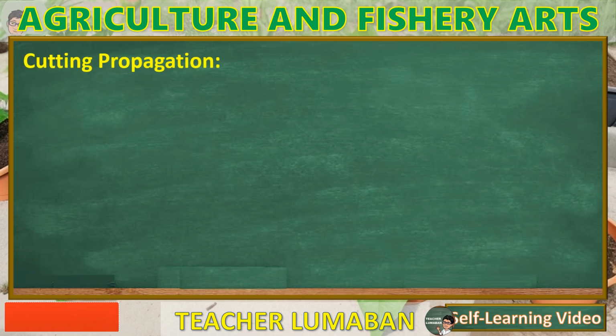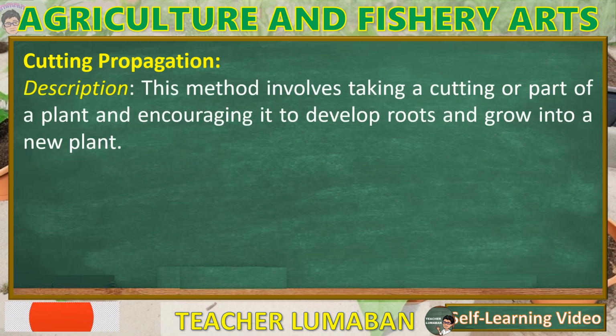Cutting propagation. Description: this method involves taking a cutting or part of a plant and encouraging it to develop roots and grow